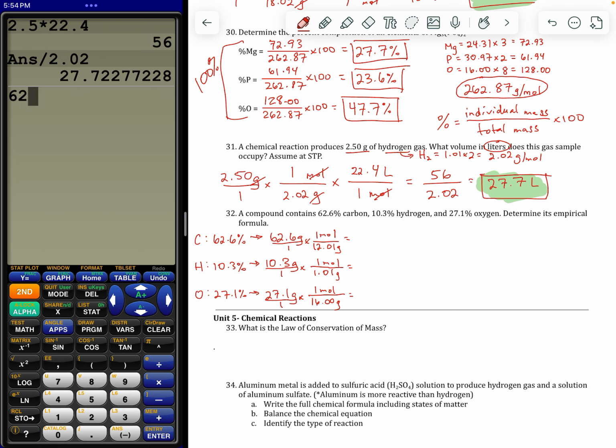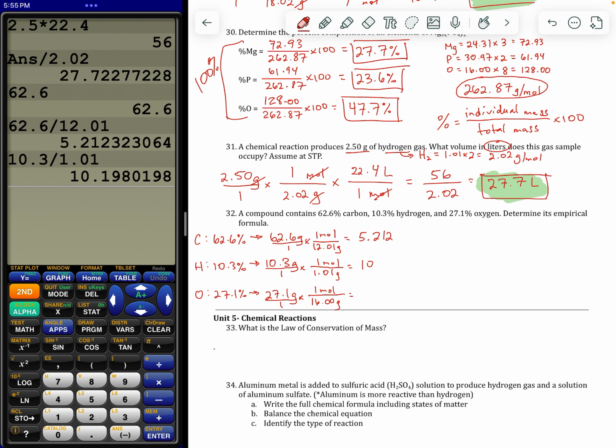All right, so I'm going to get all of my mole values to get mole ratios here. 62.6 is itself, divided by 12.01, and then we get 5.212. I think that it's really wise, when you get your mole values, to go to at least the thousandths place, or 3 decimal places, just because if you round too soon, your ratios could be off a little bit. So I'm getting my mole value at 10.198 here. I get 27.1 divided by 16, and we get